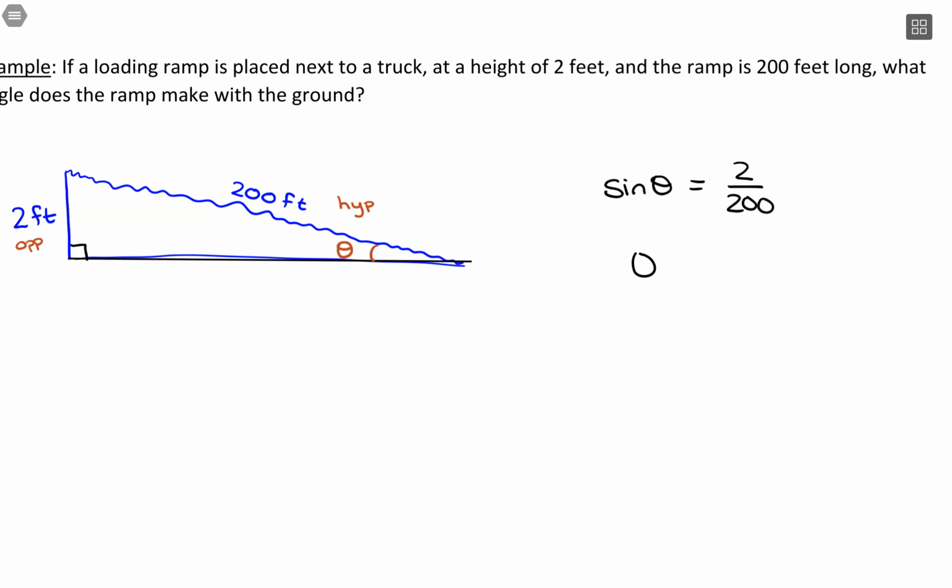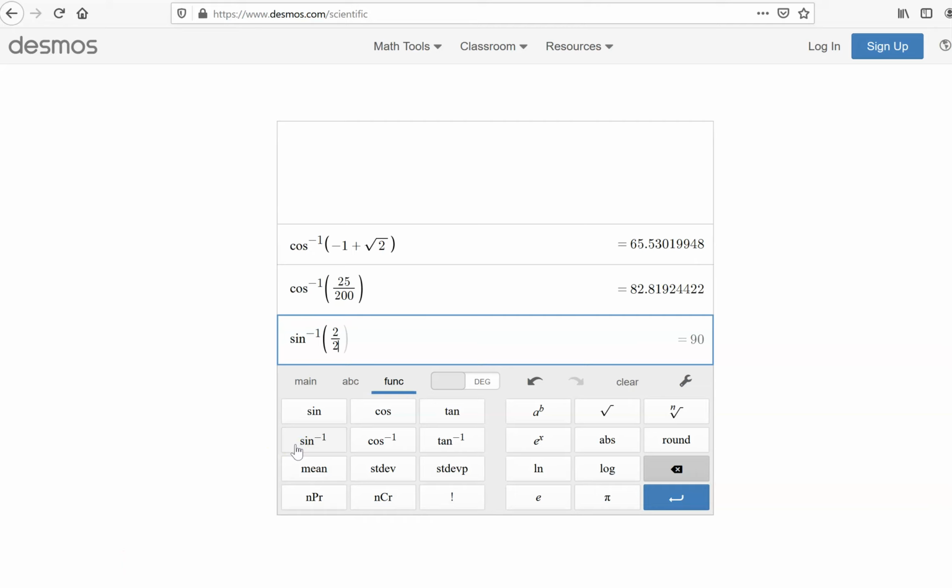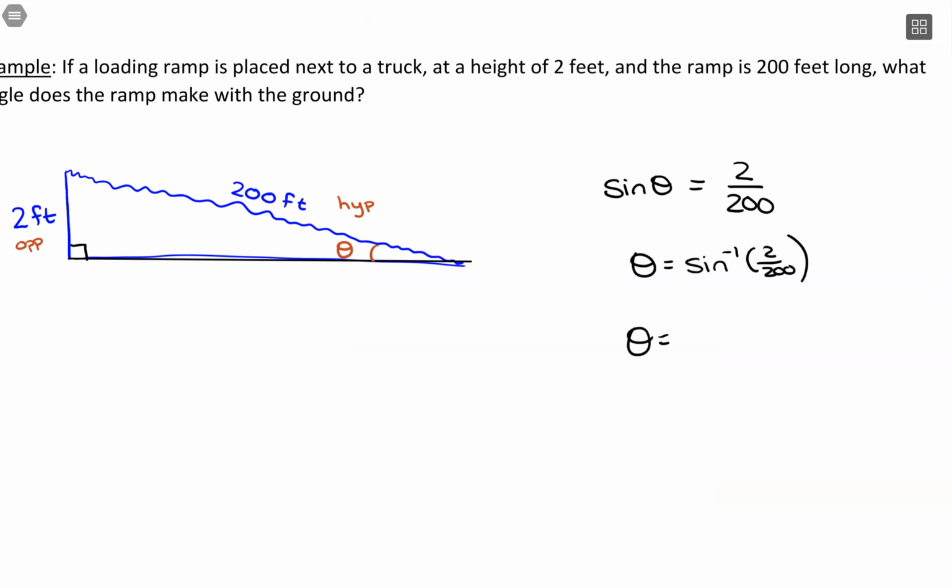And since I want to solve for that angle measurement, I'm going to use inverse sine. And with that, I'm just going to the calculator. So from the calculator, inverse sine of 2 over 200 is 0.573, or 0.57